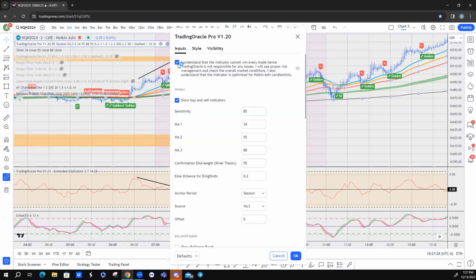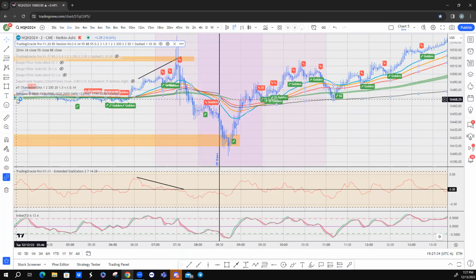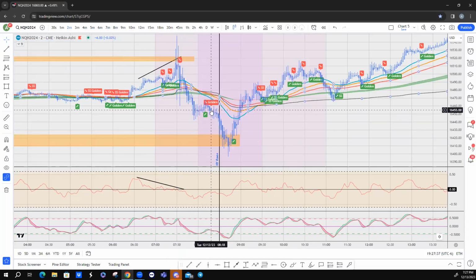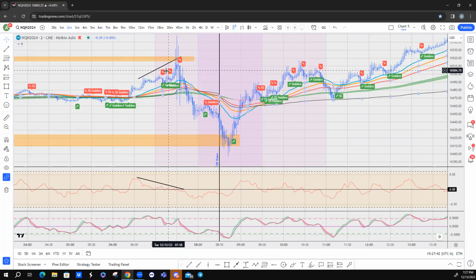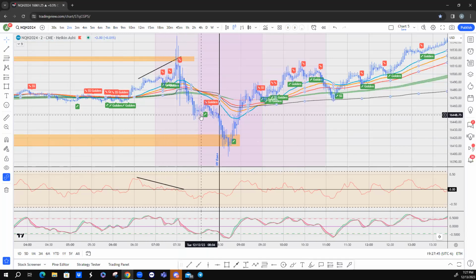I'll show you right here. Here it is. It's 85 and we're on a 2-minute chart. And for me, I like using the 85 because I can get pretty good entries that way. So it is going to give me a little bit more noise on the chart, but this is what I'm used to. So play around, some of the other numbers I've used is also 125, 176, 225,